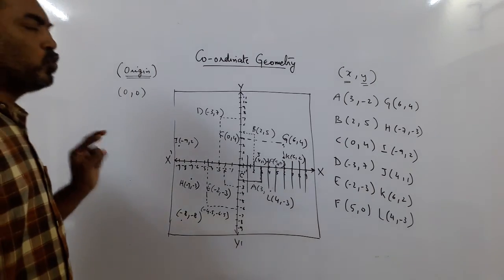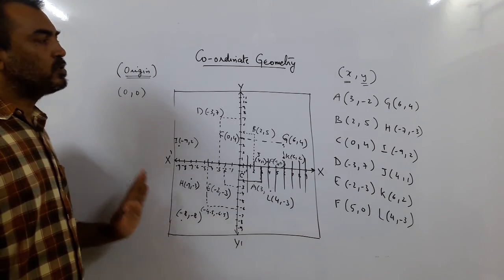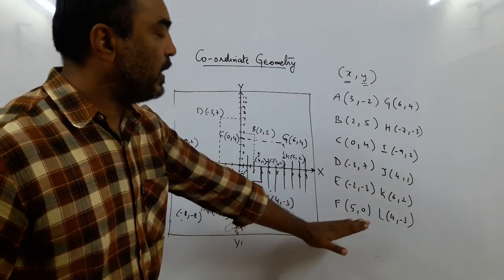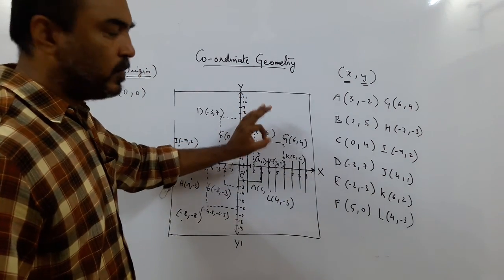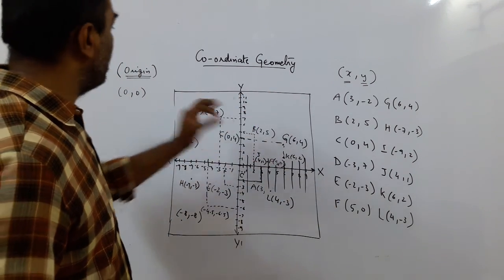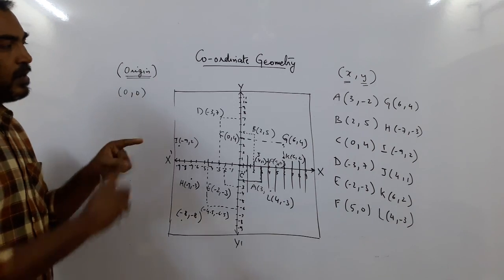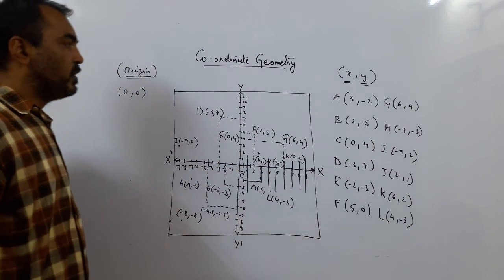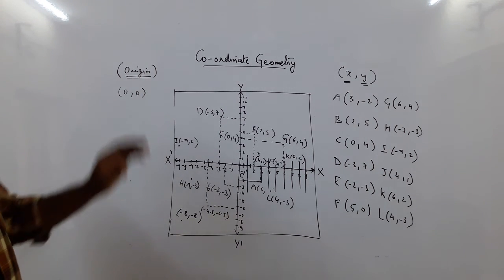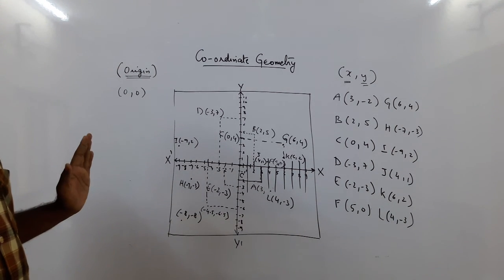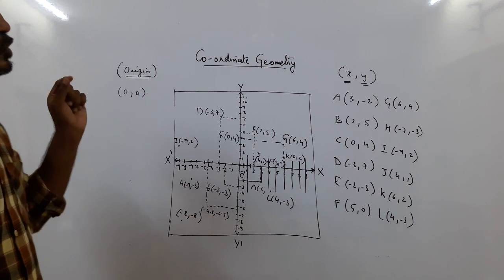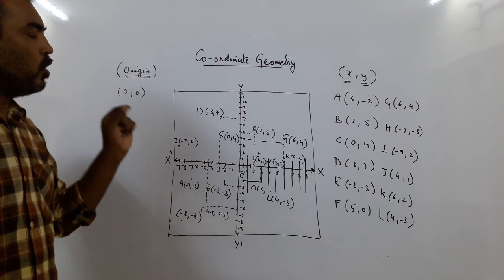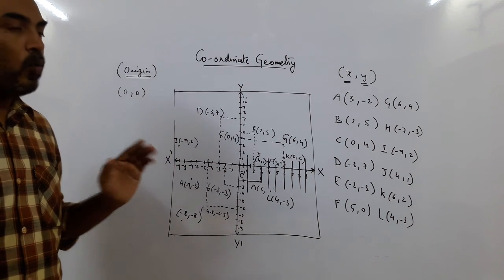So again we come to two basic conclusions. What are the conclusions? Every point on the plane has a unique location, and every location on the plane has unique coordinates. That is why all the points have got separate names and separate locations. So here we end the chapter. I hope you understood what coordinate geometry is. Coordinate geometry is showing the exact location of a point on a plane.